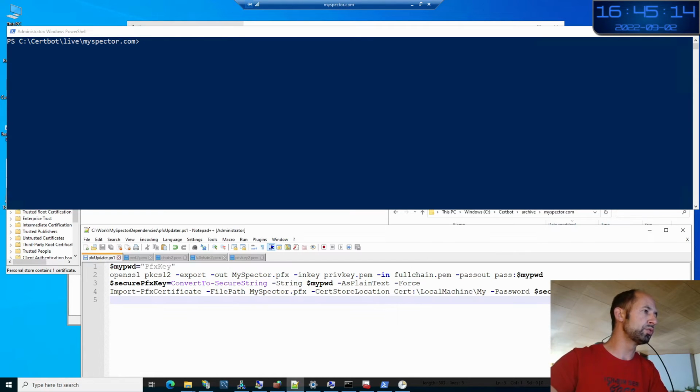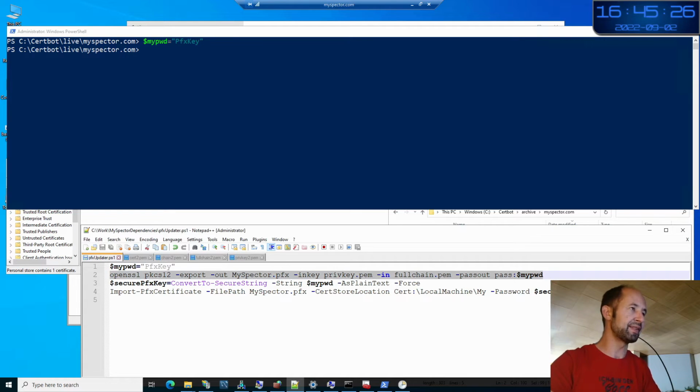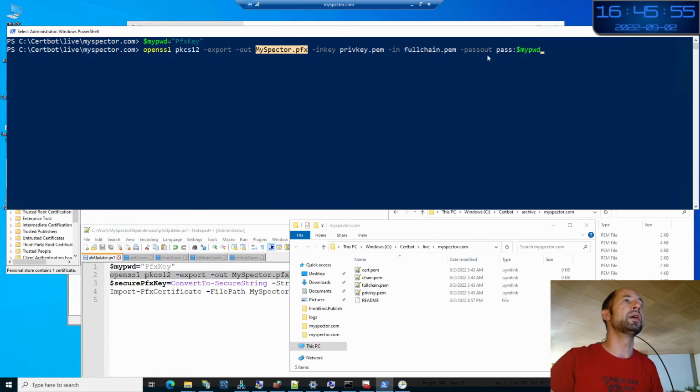And I'm going to run different command lines with you. So let's say I want to create a key for my PFX file. Then I will use OpenSSL to generate a PFX file which will be called myspector.pfx, and I pass with the command line a password that I have just defined above.